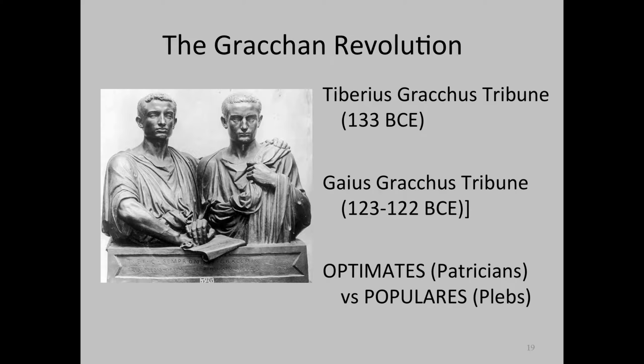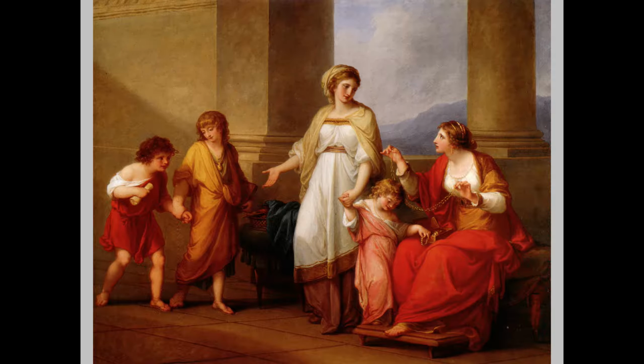On their mother's side, they were descendants of Scipio Africanus. By marriage, they were connected with the best families in Rome. Their brother-in-law was a general. Tiberius's father-in-law, the father of his wife, was actually the Speaker of the House and the Senate. On the influence of the family, supposedly they were shaped by their pious mother.